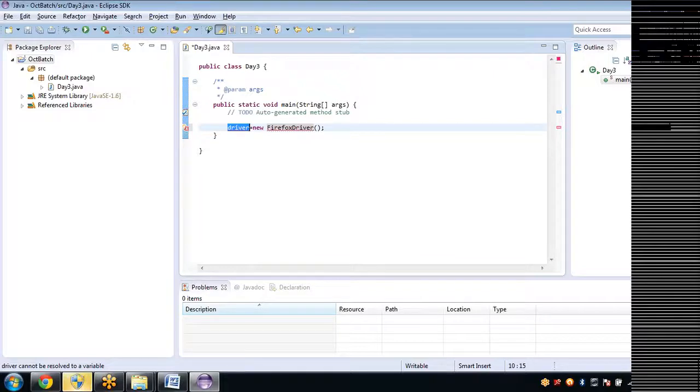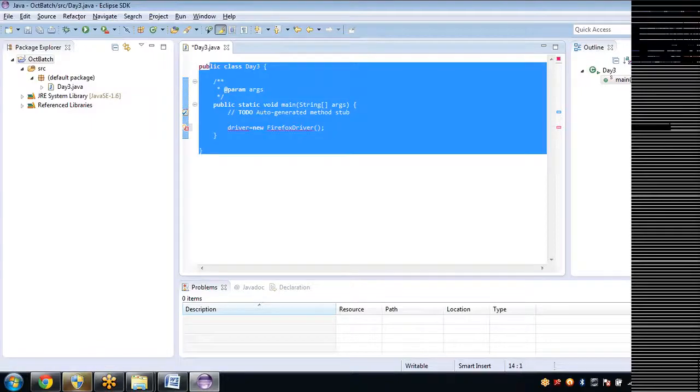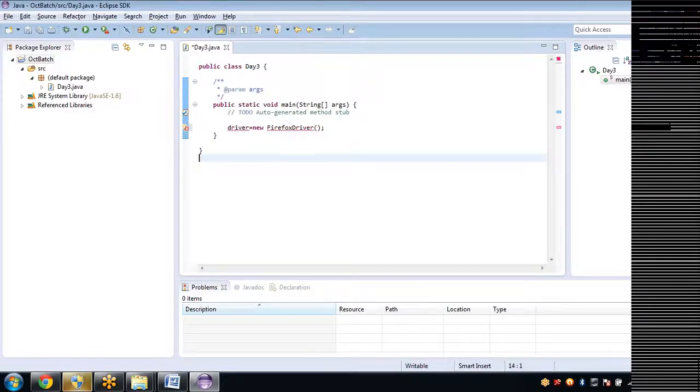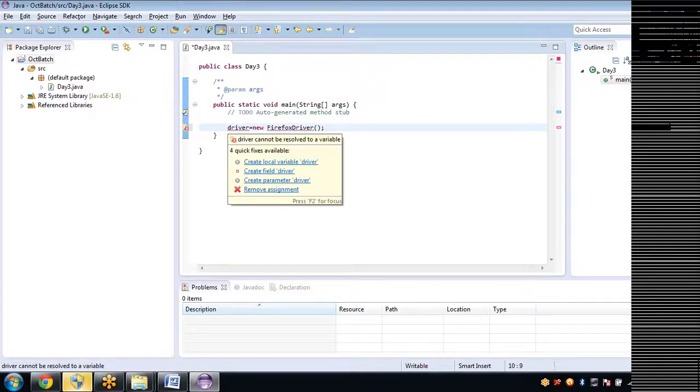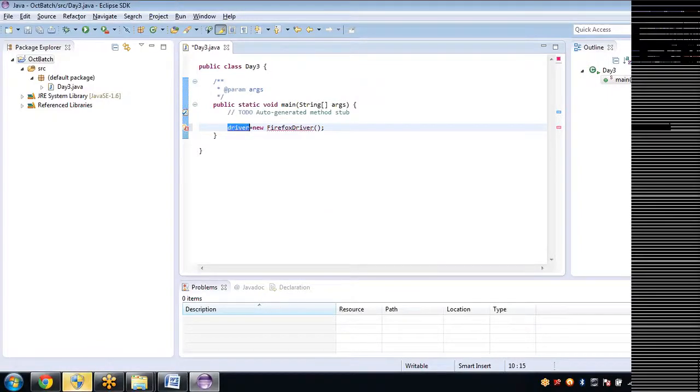This is anything independent. You can write driver1 or D, anything. Object name you need to give. But make sure once you create an object, use the same object name in the entire program. For my convenience I'm using driver, because I'm used to giving the object name as driver. You can go with any name as you wish to create an object.